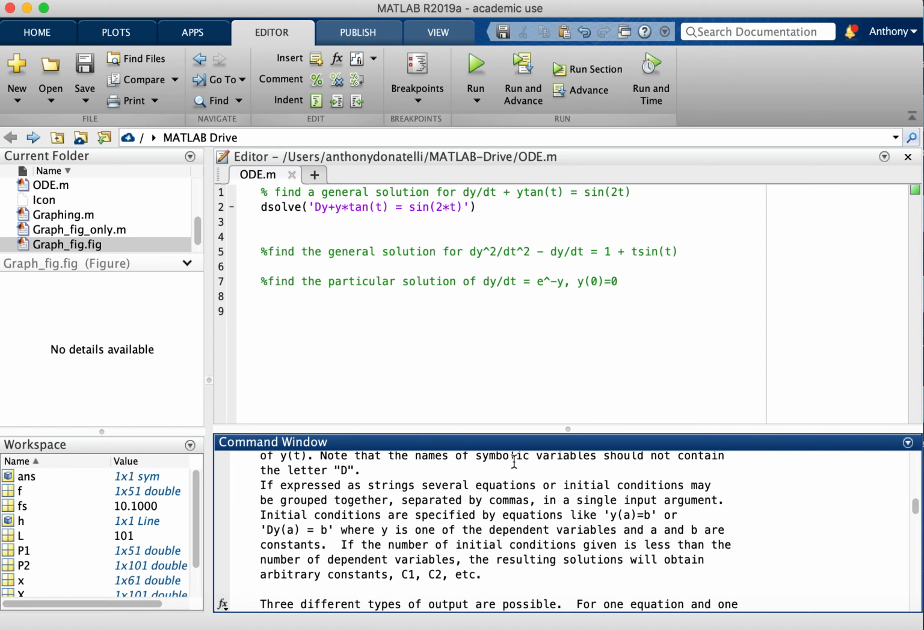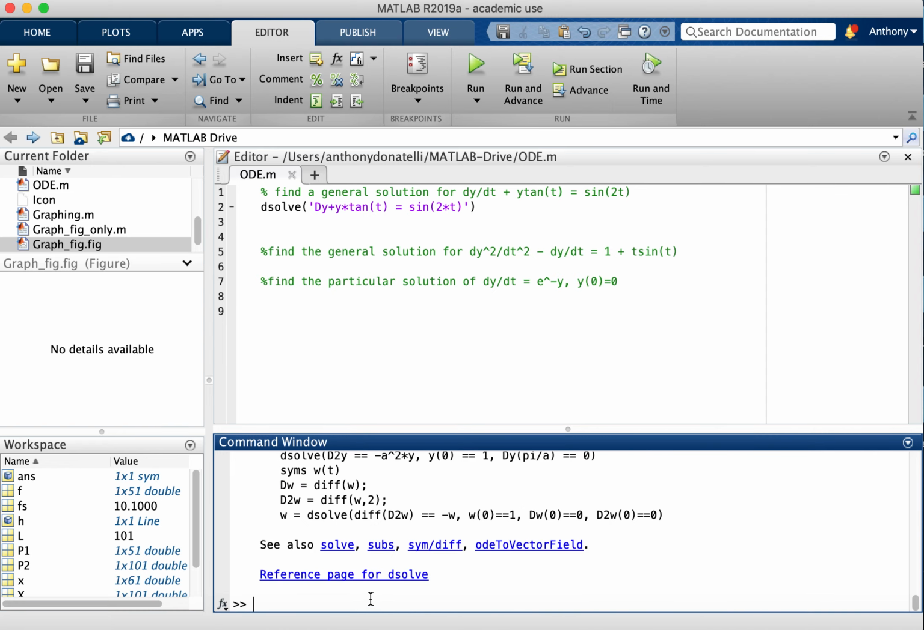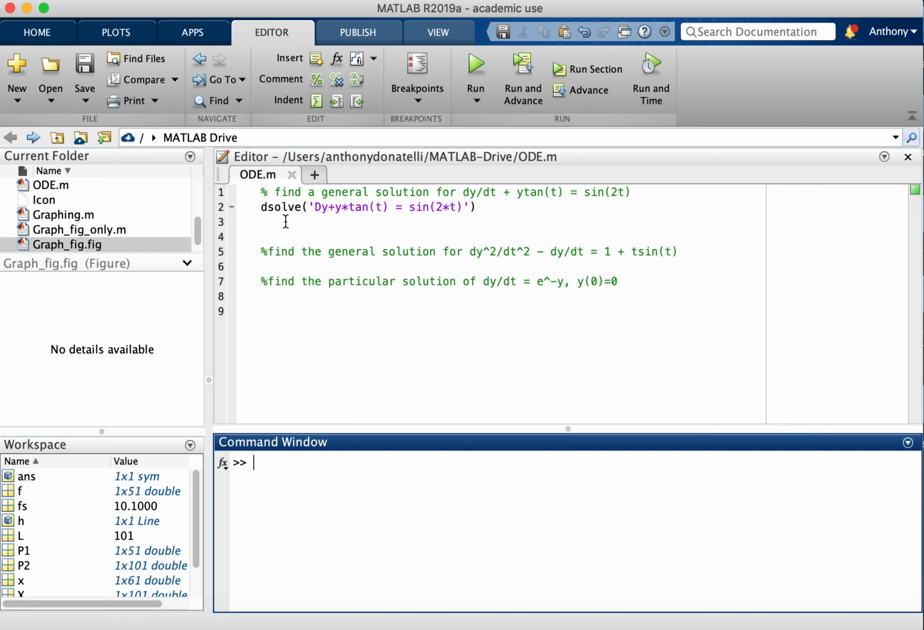Alright, first I've already typed out the first one I look at, and that is dy/dt plus y times tangent of t equals sine of 2t, and we would like to solve the general solution of this. So to do this, we incorporate our dsolve command, and the notation with this is something to take into account. dy/dt is written as Dy,